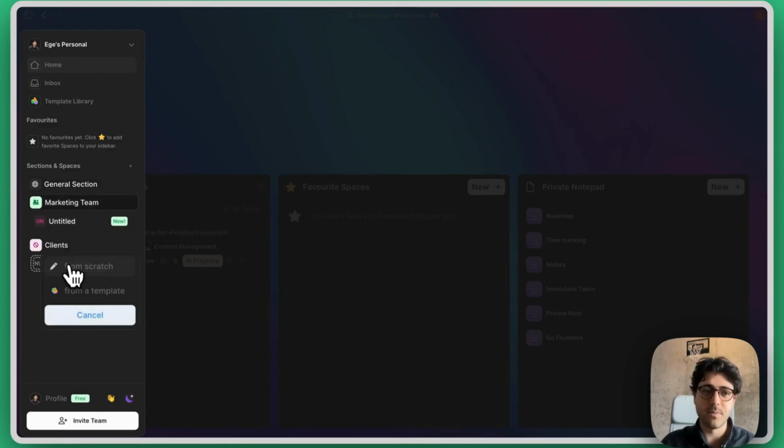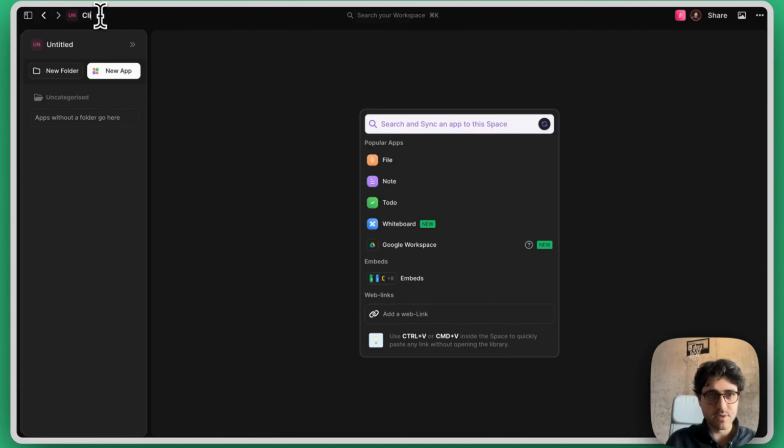From the top bar here, I can directly name my space. Let's name this client project 1. And let's just add an emoji for 1. There we go. So it's a bit more customized. I want to add also a color to the space, maybe to represent the color that I'm working with my client. And the next thing we can do is, if we're working with this client on a weekly basis,